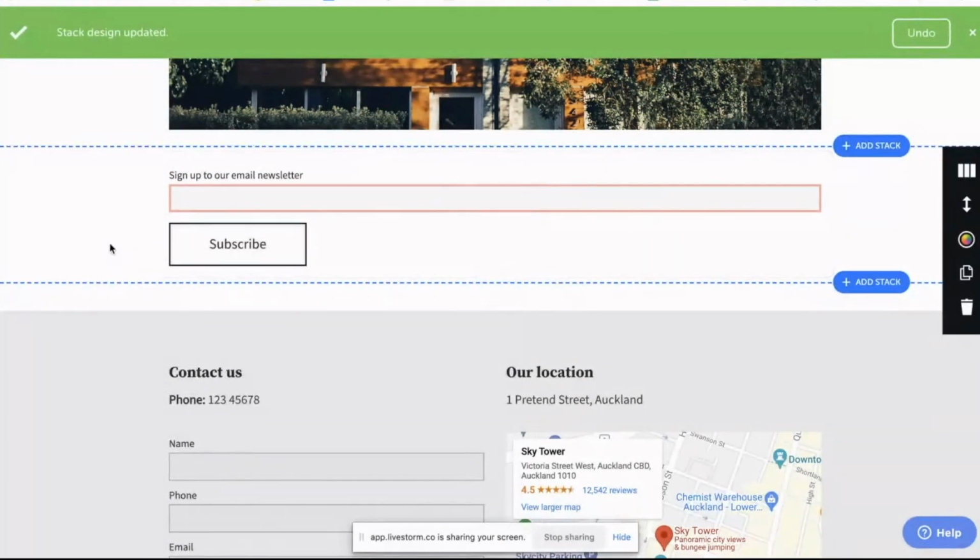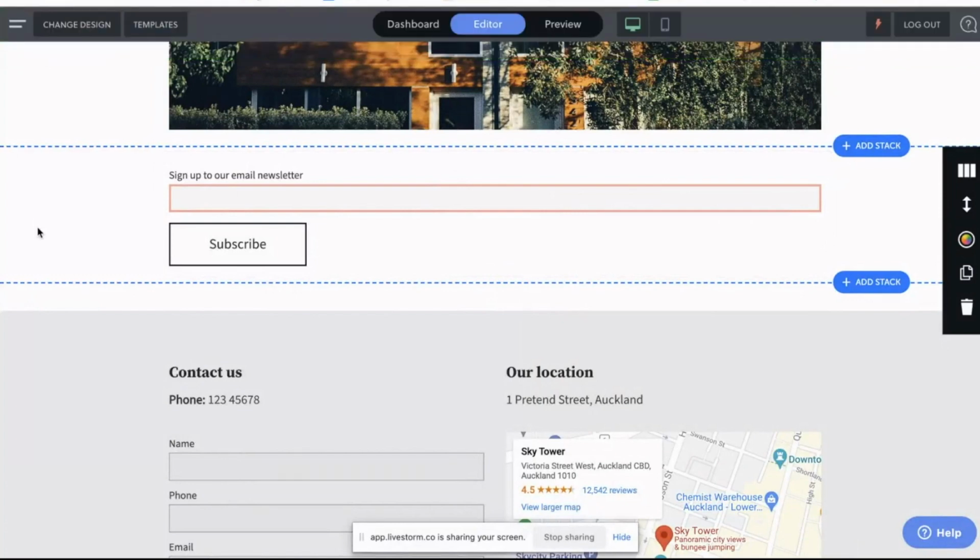That way when you hover over it, it just gives a little bit more feel for your website as well. I'm not a designer. This is probably not what most people would do, but it's just an example of what you can do. Cool. So we can go and sign up to our email newsletter as well.